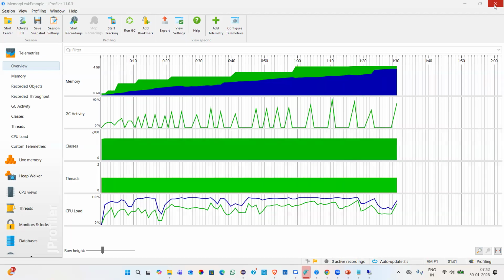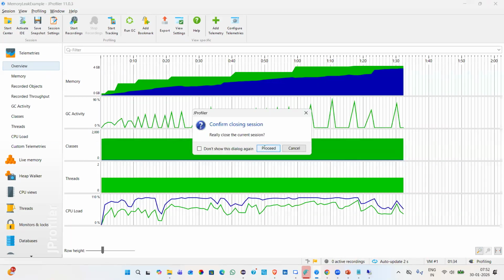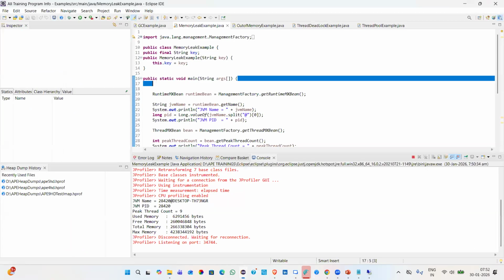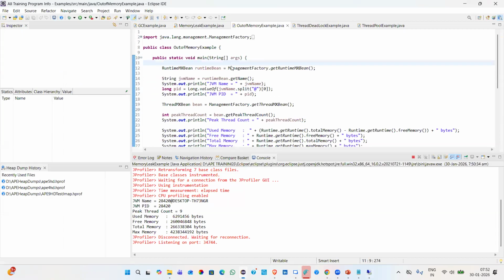This is the memory leak example. You understood? Now I'll tell you the common causes. Even an out of memory error is the same thing. If you go to